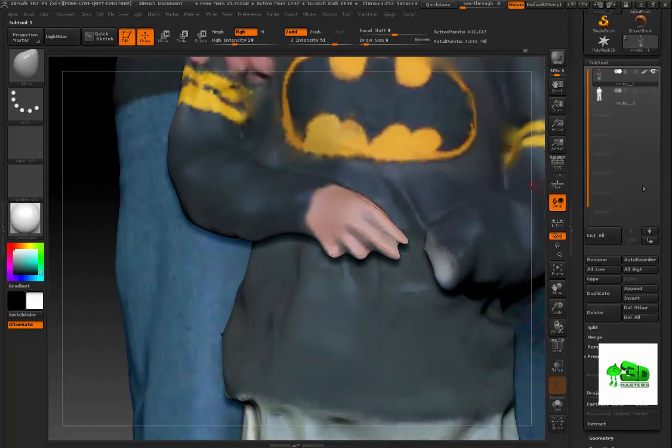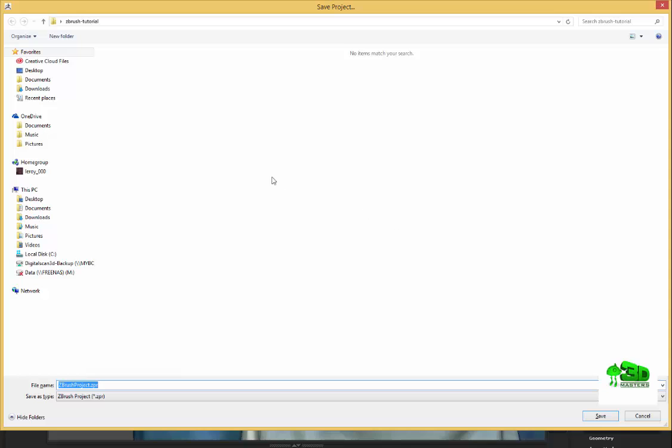So what I need to do is create a copy of this, because I need to snag this hand. I'm going to create a duplicate of the area that I've been editing. Sometimes at this point it's a good idea to save your project. I think it's Control S. It is. So hit Control S, and I'm going to save my current project as a ZBrush project,